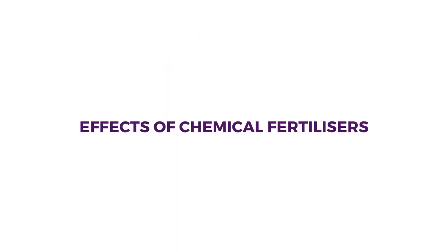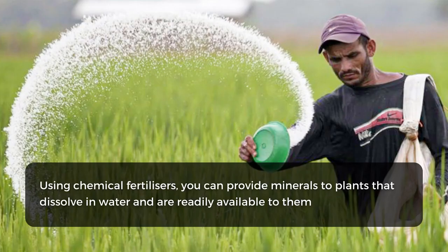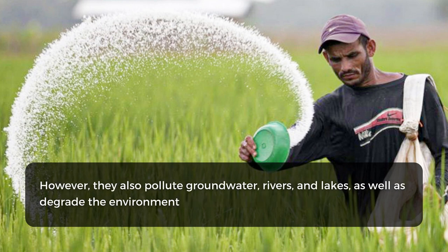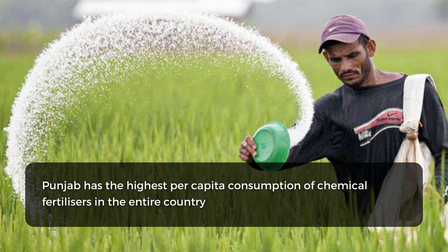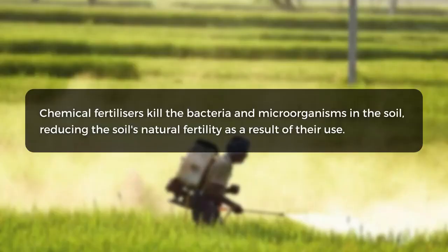many areas. Effects of chemical fertilizers. Using chemical fertilizers, you can provide minerals to the plant that dissolve in water and are readily available to them. However, they also pollute groundwater, rivers, and lakes, as well as degrade the environment. Punjab has the highest per capita consumption of chemical fertilizers in the entire country. Chemical fertilizers kill the bacteria and microorganisms in the soil, reducing the soil's natural fertility as a result of their